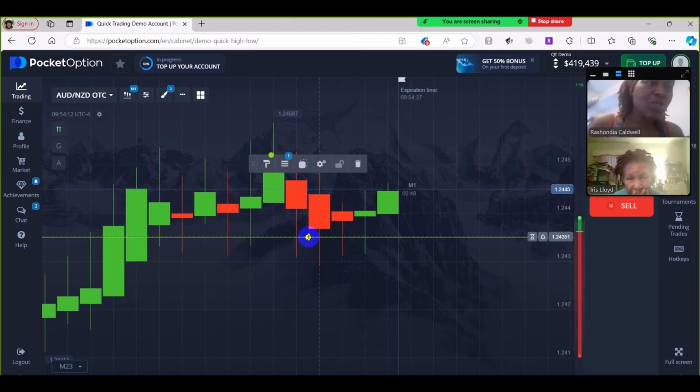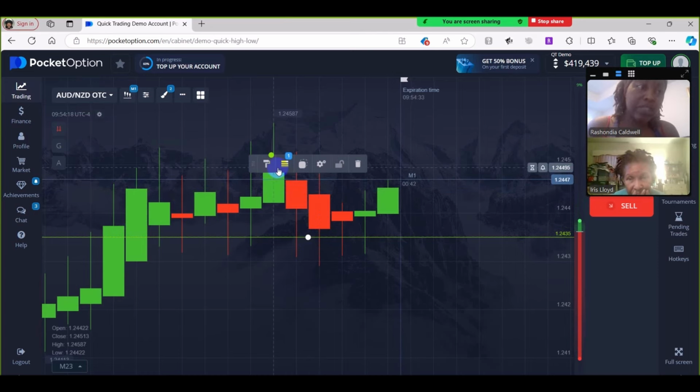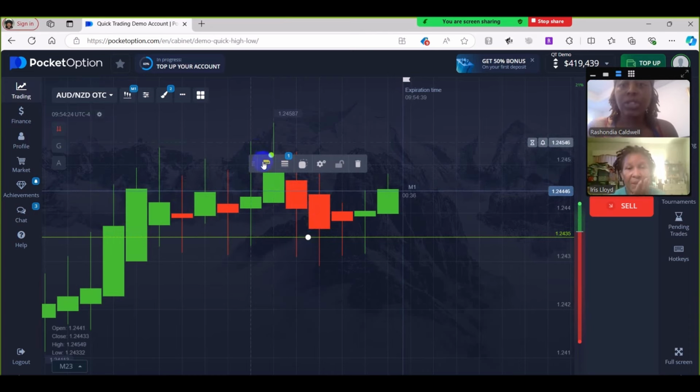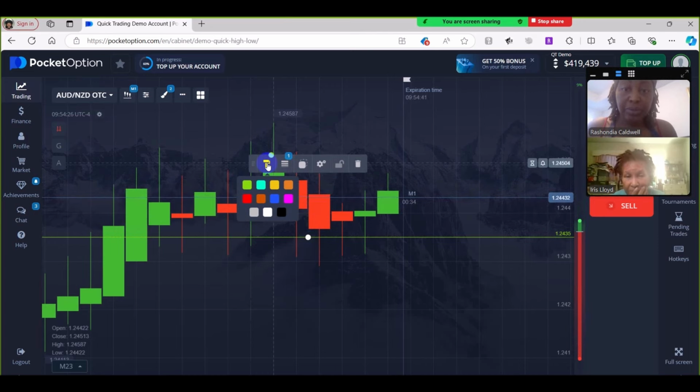Okay, so I guess you just got to be signed in order to use this feature. On the other one, I was not signed in. Oh, okay. So on the demo account,